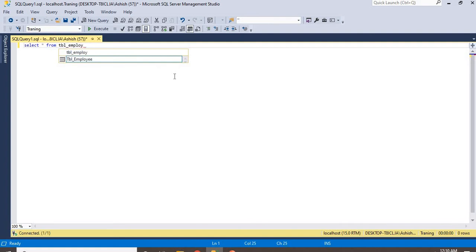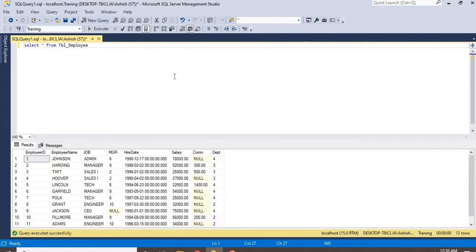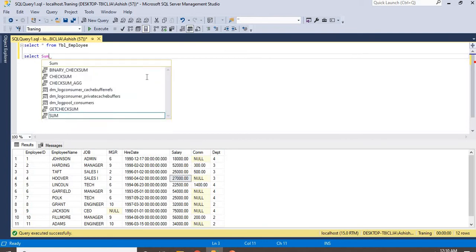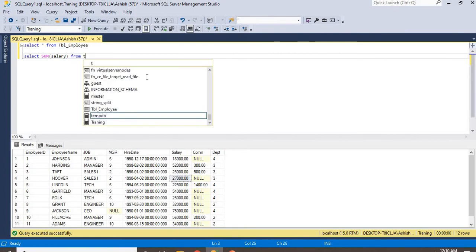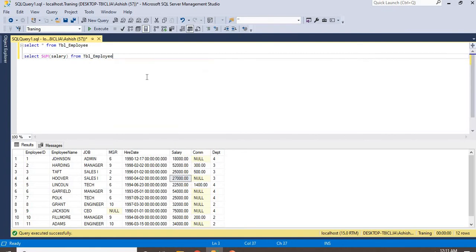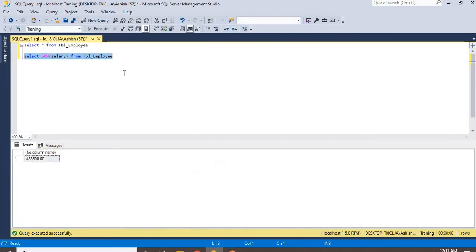In our employee table we have a column which is salary, and salary is our numeric column, so here we can use our sum function. How to use it: select sum of salary from the table.